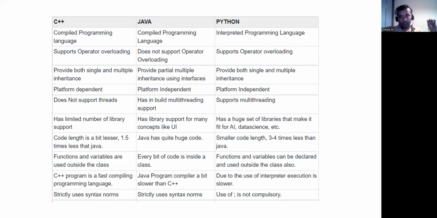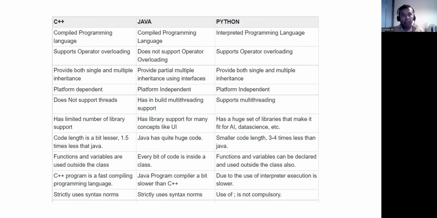Welcome back, everyone. So let's just look at the basic difference between three state-of-the-art languages right now. C++ is obviously a compile time language. So is Java. But in C++, what happens is that your source code is compiled into your platform-dependent executable. This means that the compiler is responsible for generating executables that are targeted for that specific machine. Okay. This makes the language faster, but what this means is that the packaging process is somewhat